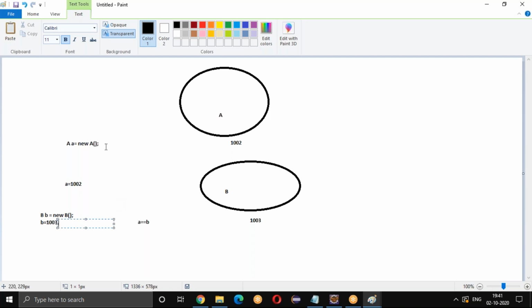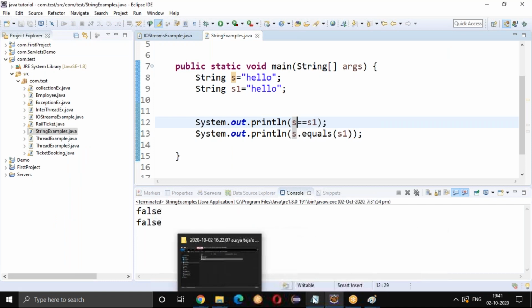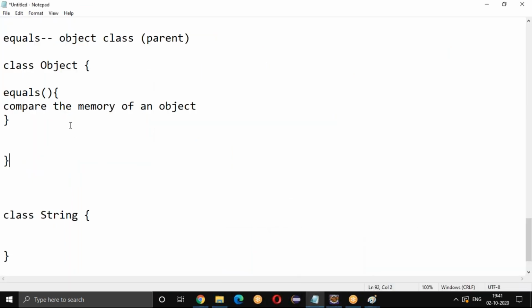So that's for string. One memory location can be general objects also. For one memory location, there are multiple reference variables pointing to the same memory location. In that case, your double equals returns true. Even so, the same logic is present for equals also. The equals method that is present in your Object class will have the same logic as